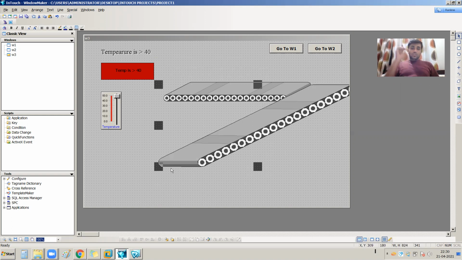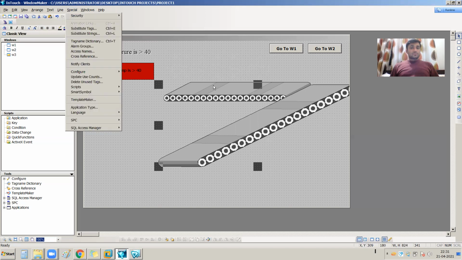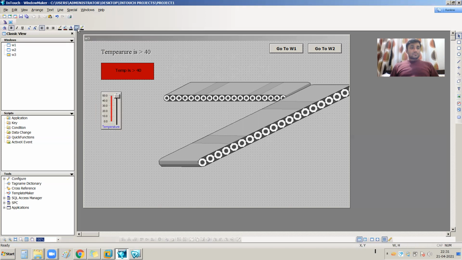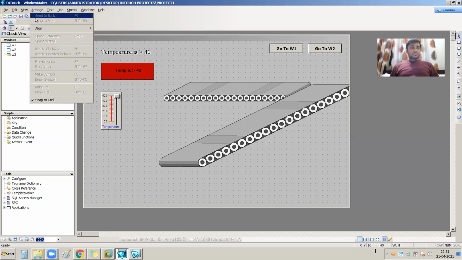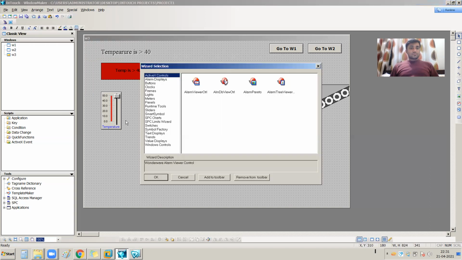So this is the horizontal movement and this is the inclined movement. One other conveyor is missing over here. This is nothing but the vertical movement conveyor, so I need to add that.